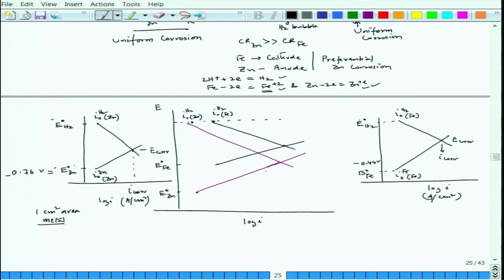Individually they are like this. So, this is for iron individually, and this is zinc. Now, once we have mixed potential, we have to consider this concept, the total